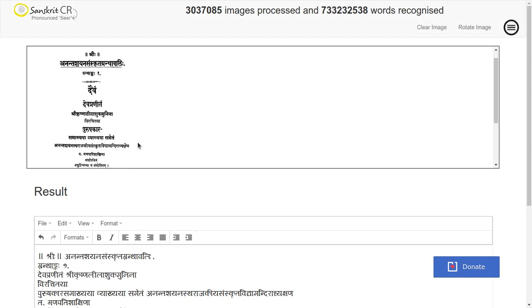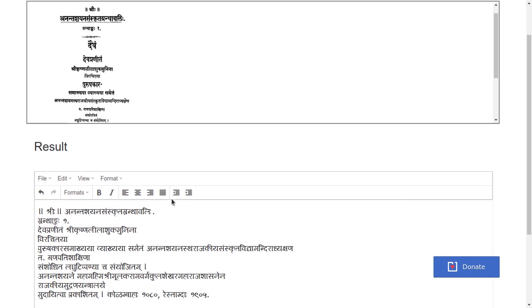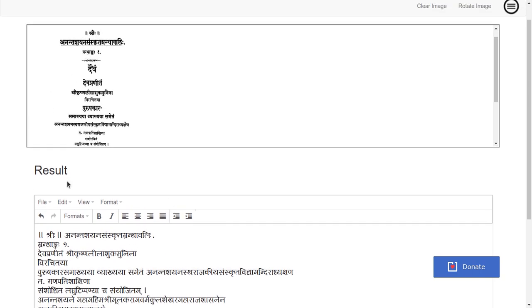Look, it is converting the image into text within a couple of seconds, which means it is fast. Shrihi has been analyzed correctly. Ananta Shayana Samskrita Grantavalihi, that is also converted nicely.